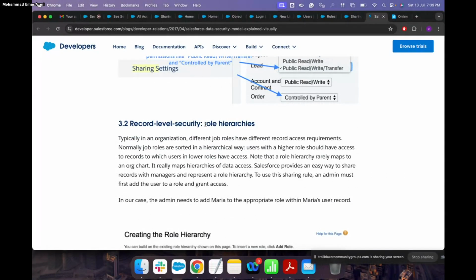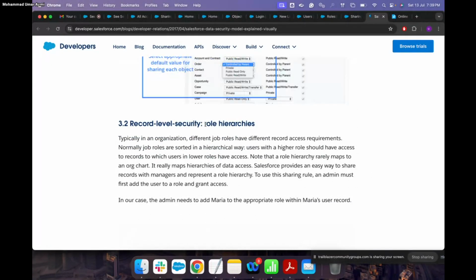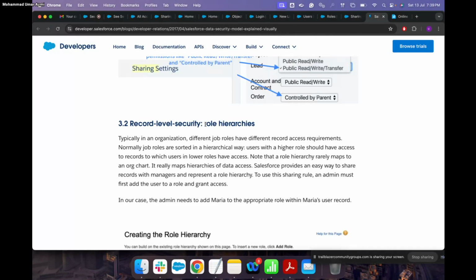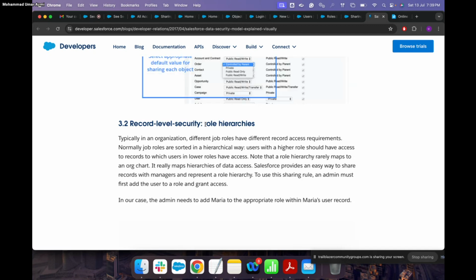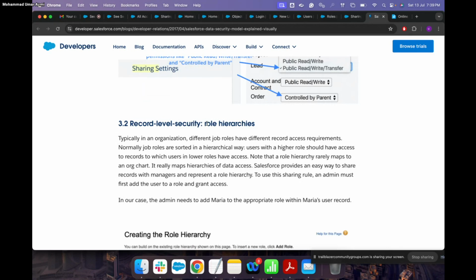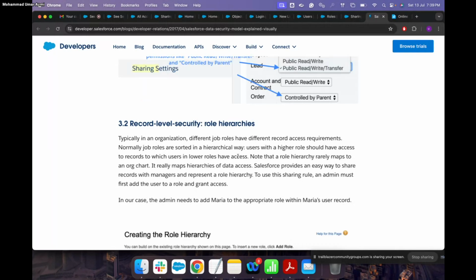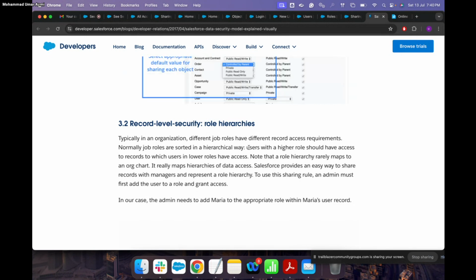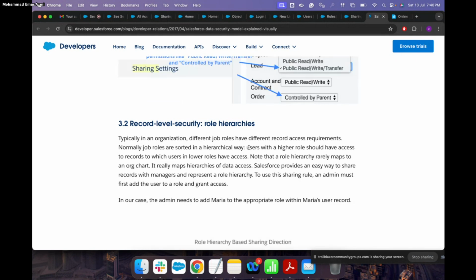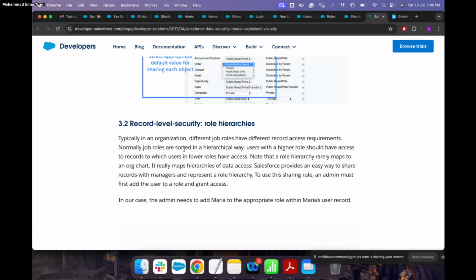Now, the second thing is called role hierarchy. If you remember, when we create a user, we have to give them a user license and a profile. In a similar way, there's one thing called a role. If you provide a particular role to any of the users, then by default, for standard objects, please retain this thought: a user who has the higher role would have access to their lower